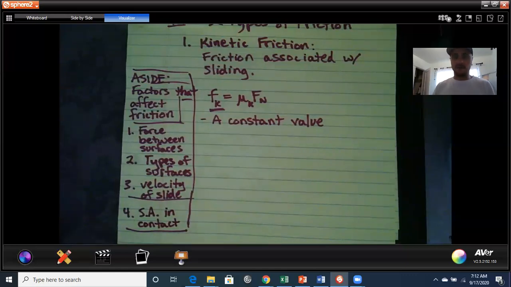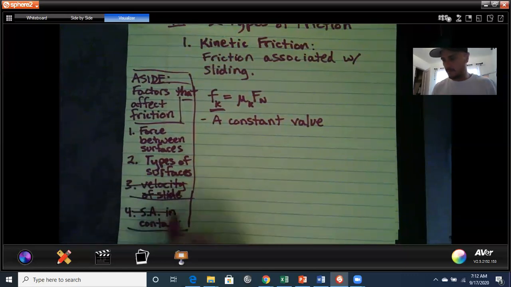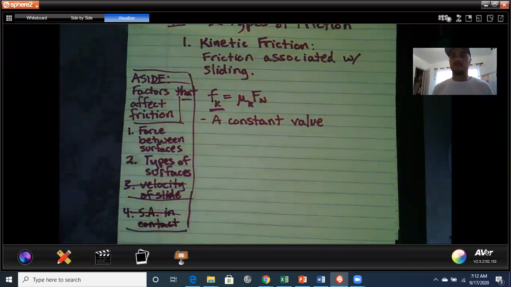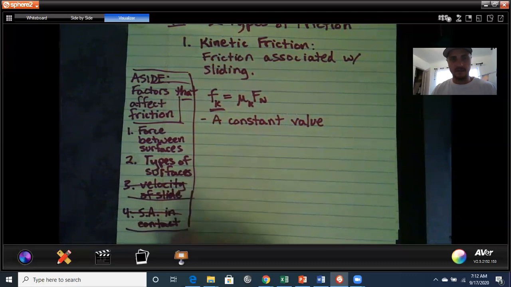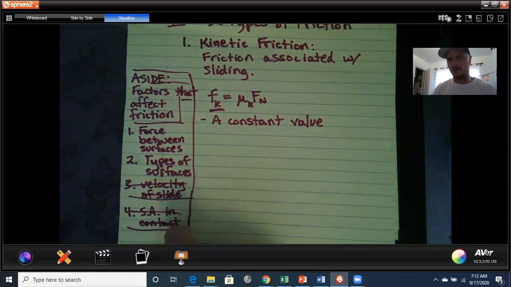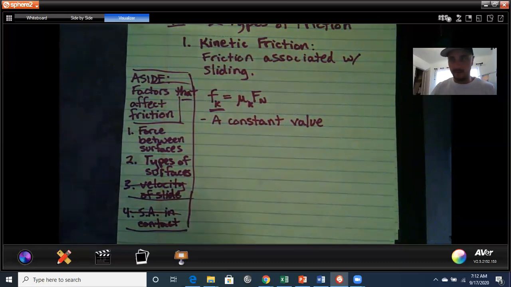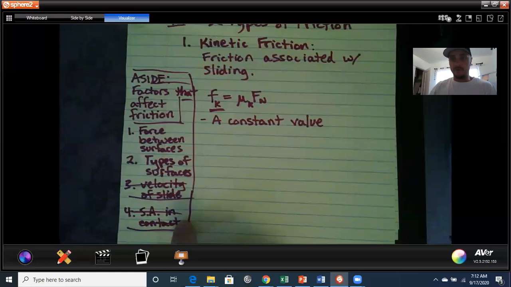Again, pause the video, think about it. Here we go. The 2 that do not affect it are these 2. Those 2, number 3 and 4, do not affect the size of friction, though people mistakenly think these things all the time, especially this one. They're like, well, hold on, I've been in the dirt before, and then I get in mud and my car gets stuck. I don't know if this has ever happened to you, but if you're out on a farm ever, or you're out there just tooling around in the dirt roads, what you can do is you can let a little bit of